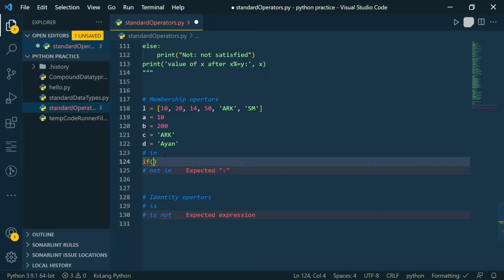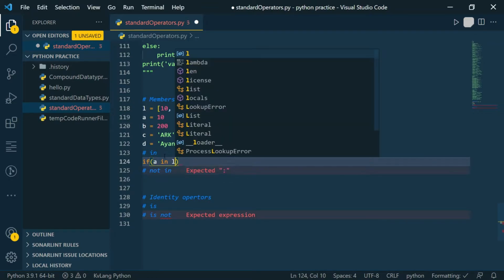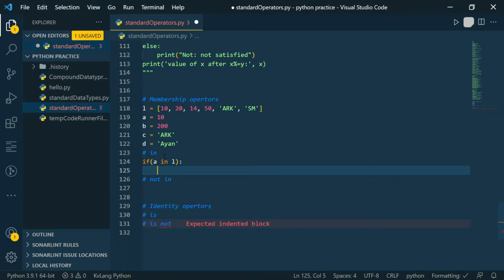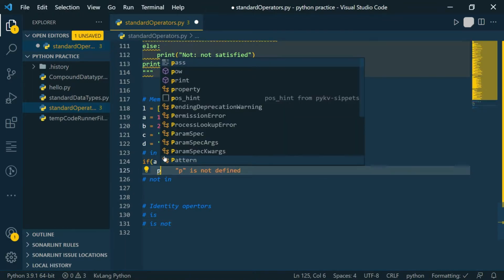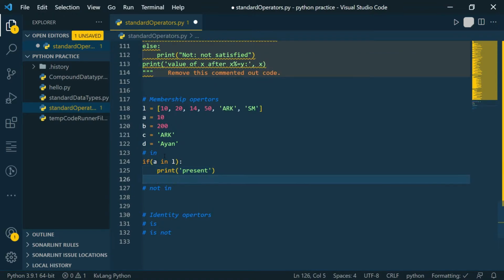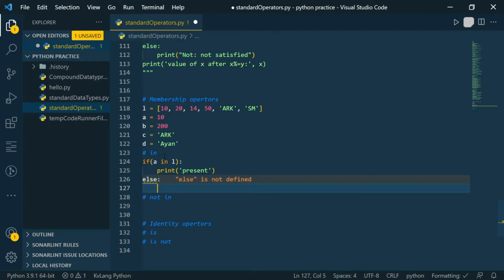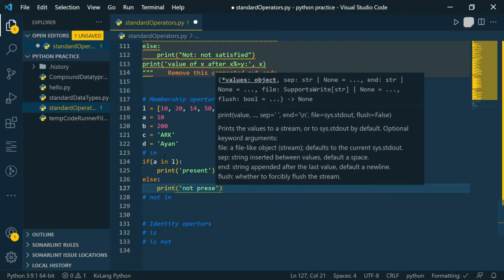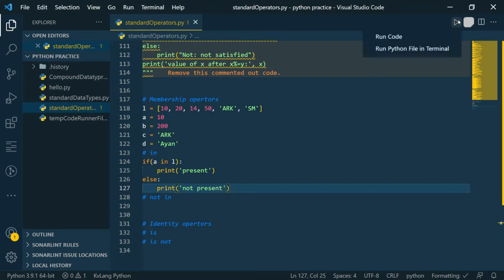So we are telling if A in list, our list, that is L, then print present, and we will write an else statement where we will say not present. Let's run it.